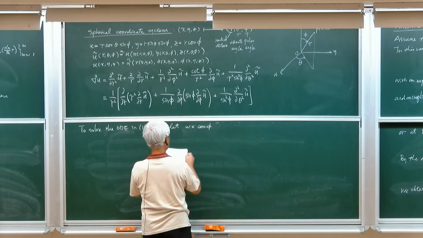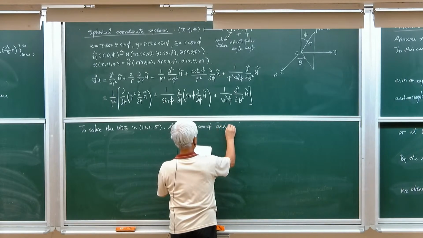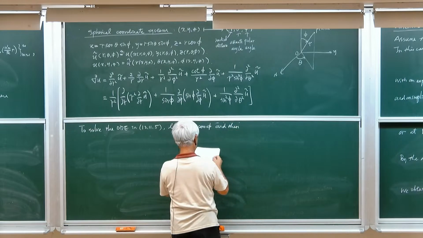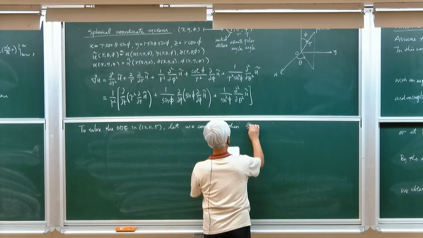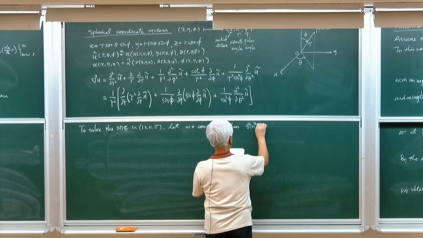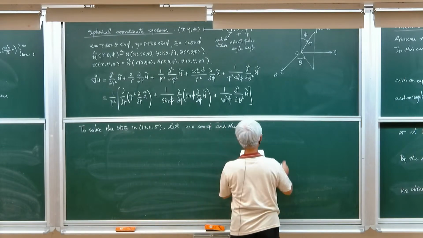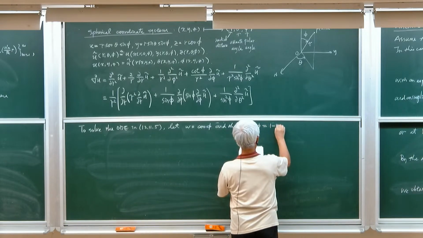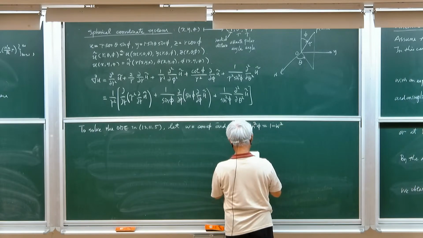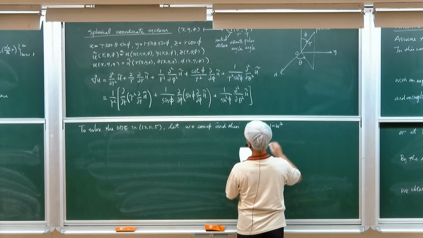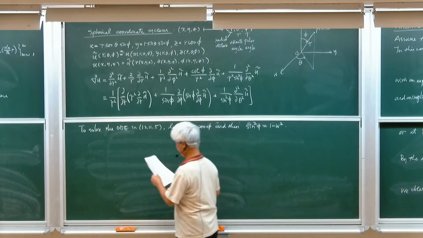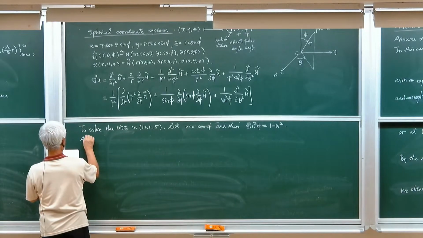Then we know that the square of sine phi is equal to 1 minus w square, and also